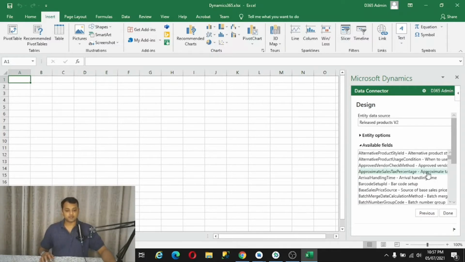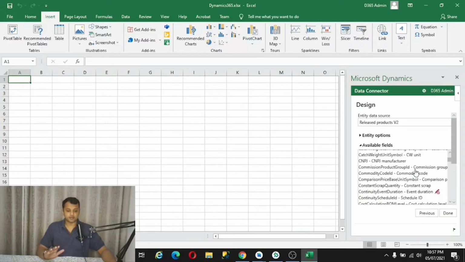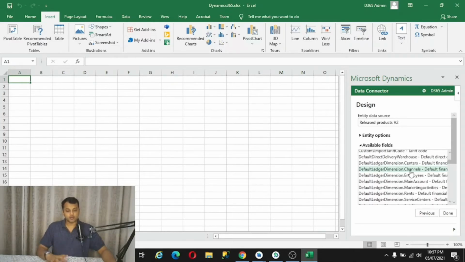Apart from this, there are n number of fields available for selection, based on the data entity. If your data entity is created with a limited number of fields, you will be able to see only a limited number of fields, not all the fields. Depending on what you select, you will have access to it.